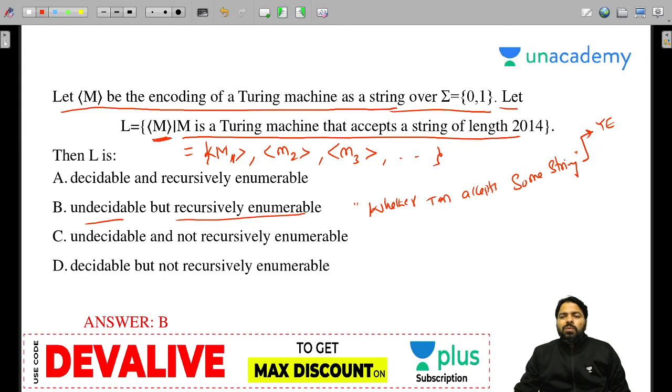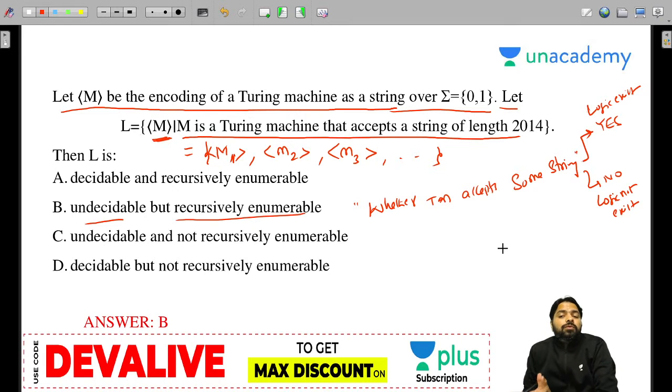Now S means there is some string of 2014 length. Definitely, you can copy the Turing machine many times. Every string, you can copy one Turing machine. If any Turing machine halts at final, then yes, you have a logic for that. But if all Turing machines never halt, you will not have a logic. By definition, S will have a logic only when the Turing machine accepts some string of 2014 length. If no string is accepted, every Turing machine can go to infinite loop. You will never understand. So this is undecidable, no doubt, but it is